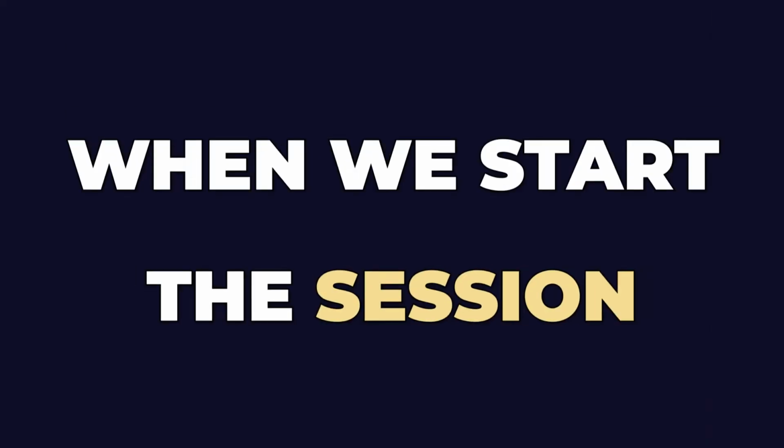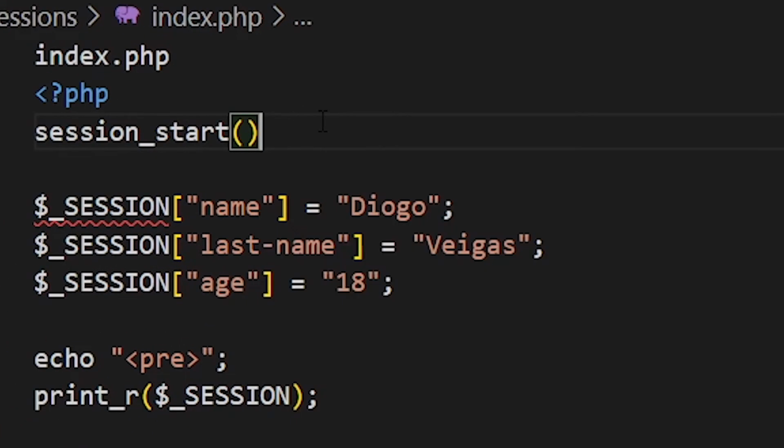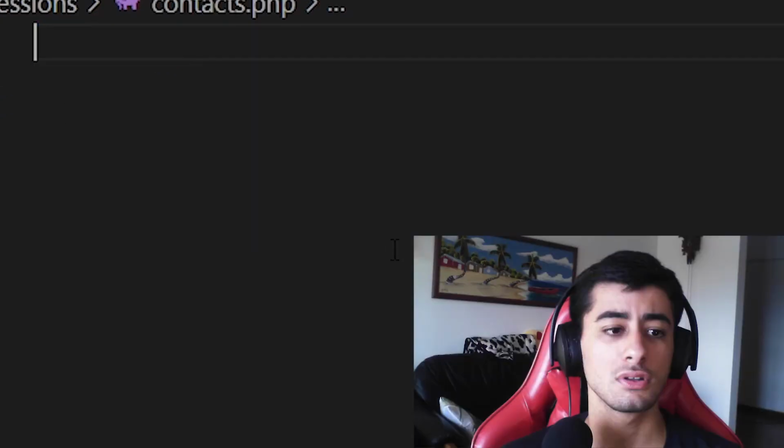When we start a session, we are able to join a sort of session network. It will allow us to transport, as we were told, the values of each individual session's key and so on. So let me just session start here, and I'm going to delete this and show you a good practice